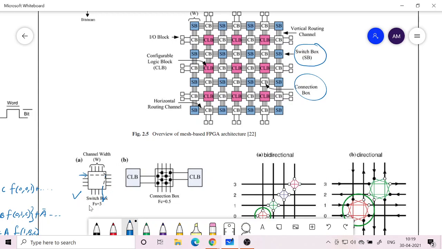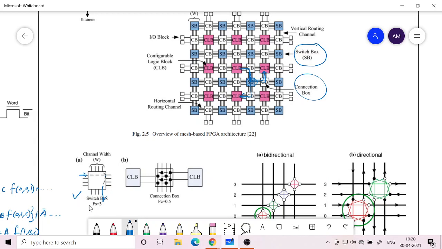For example, say this CLB has to go to this CLB. If it has to go this way, then this wire has to turn by 90 degrees. So this type of connection should be there.